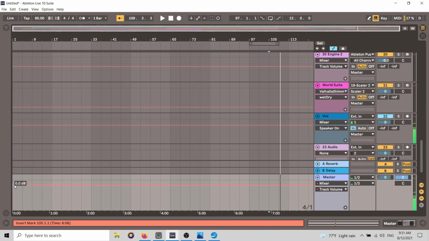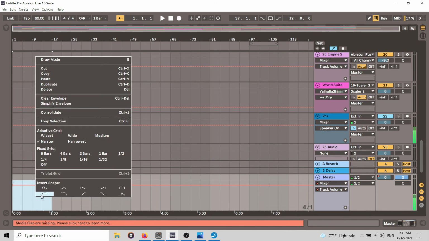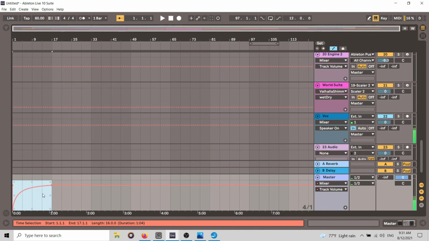But what you also can do, which is more elegant, is highlight it with left click, or shift click. Now you have this area highlighted, and then you can right click and then insert shape, and then you can choose